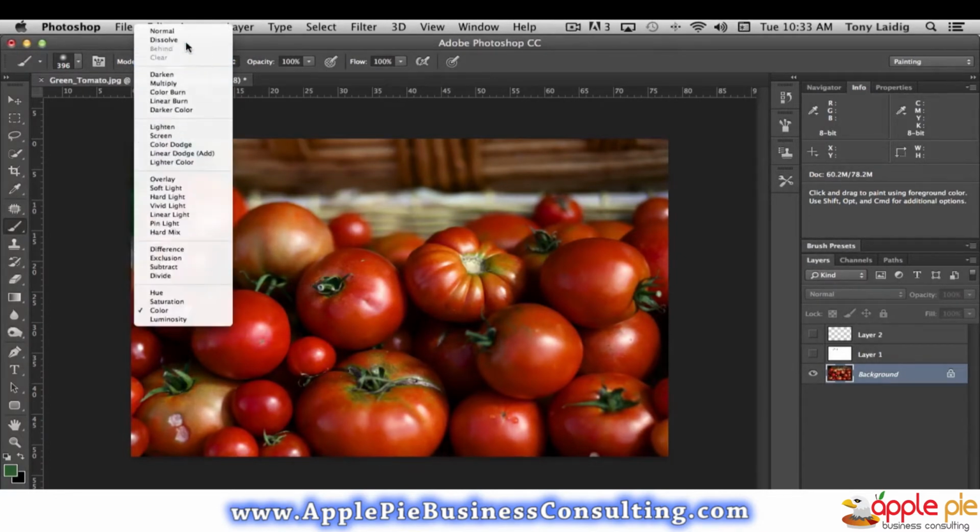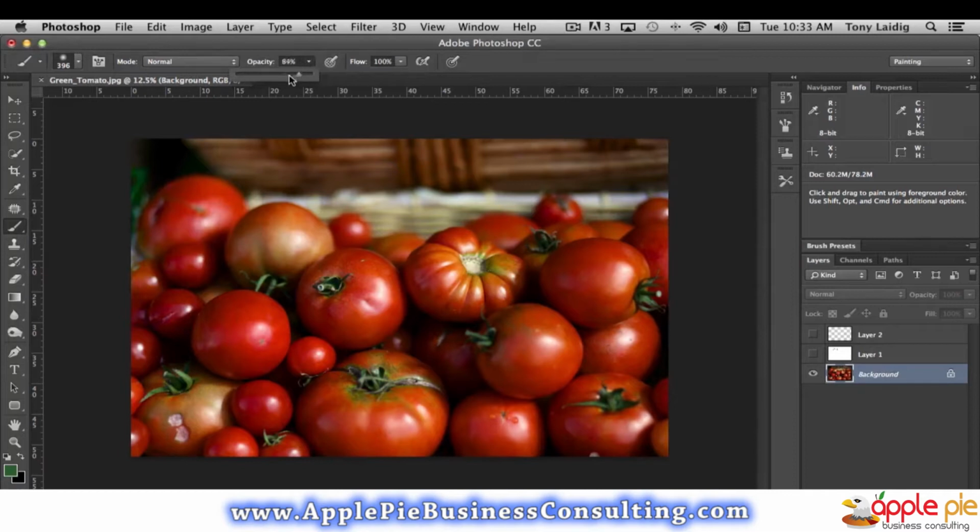So let me reset this to normal. If I change the opacity to say 50%, give or take, now whenever I paint with normal, it's only half the density that it was previously. And so there could be some advantages to this. Like, let's say that you want to take part of the image and you still want to be able to see through it, but not completely. So in that case, you may want to use opacity at a lower level, and flow essentially just controls